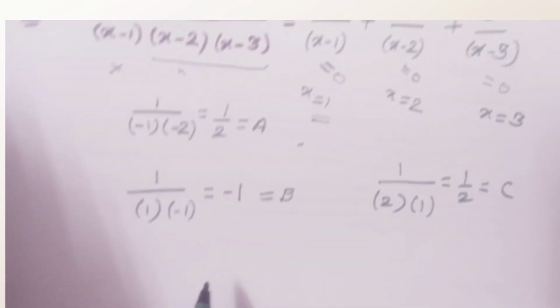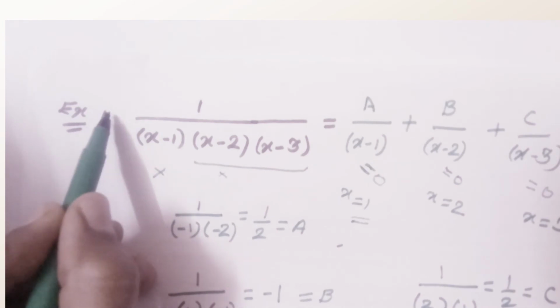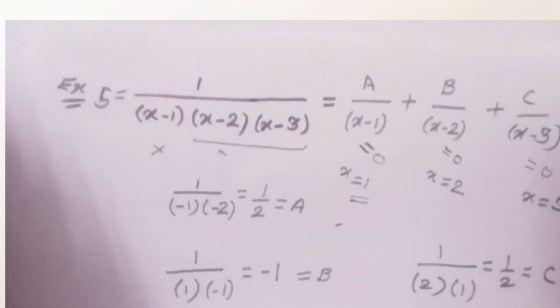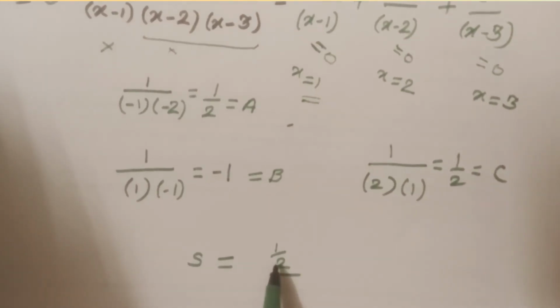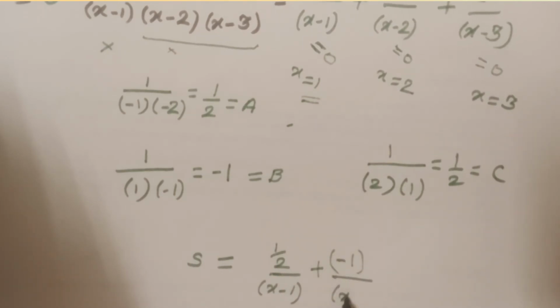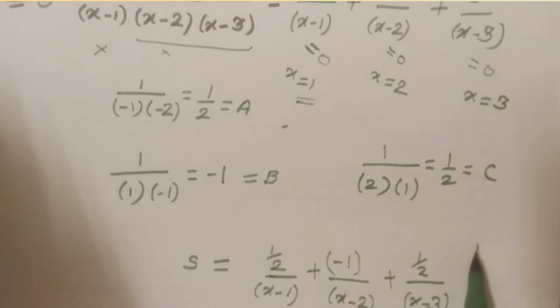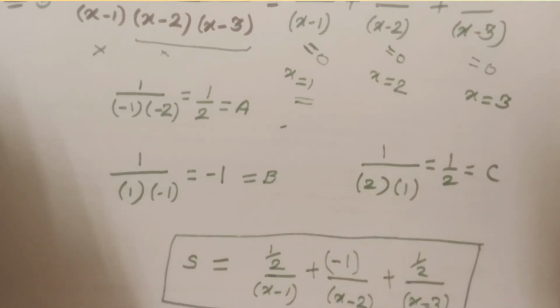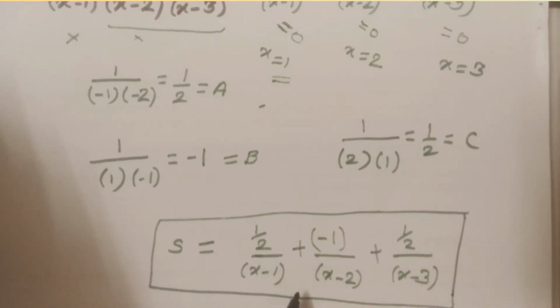That means this term, suppose we take this term as s, then we get s equals to a, which is 1 by 2 (x minus 1), then the next term is b, that is minus 1 by (x minus 2), plus c is 1 by 2 (x minus 3). ये हो जाएगा हमारा टर्म सेपरेट. अब ये टर्म सेपरेट करेक्ट है कि नहीं आप लोग ट्राई करके देखो, क्रॉस मल्टीप्लाई करके,